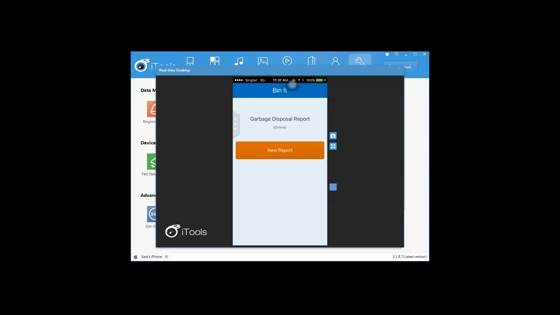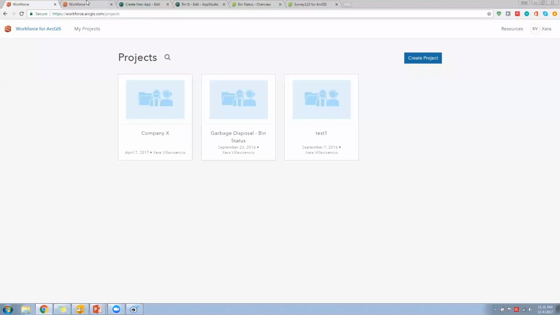So let me just share my window again. Okay, so I have several projects here. The project that I would like to make use of is the garbage disposal bin status. All I have to do is open that one.